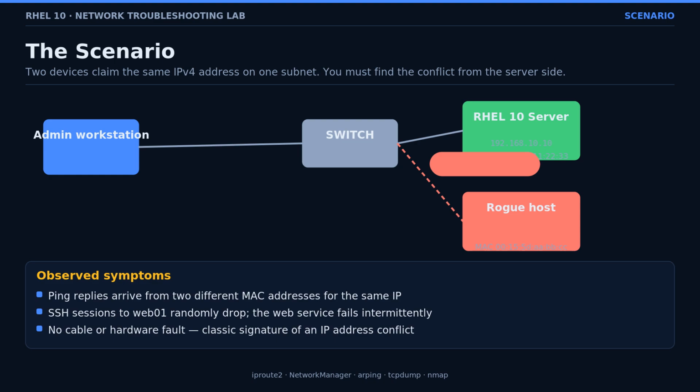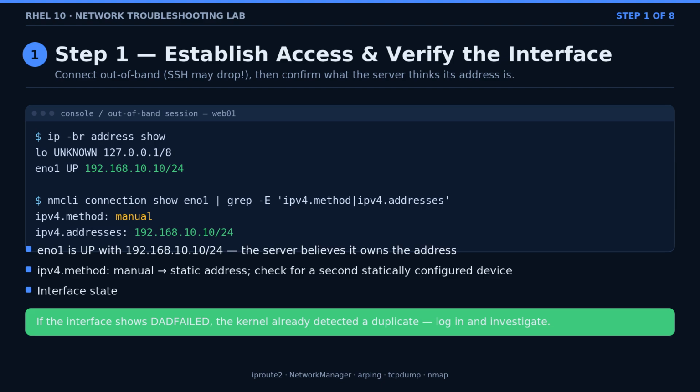Step 1. Establish access and verify the configuration. Because SSH may drop mid-session, first connect through the console or out-of-band management. Then verify what IP address the server thinks it has. Run ip -br address show for a brief listing of every interface. Notice that EN01 is UP with